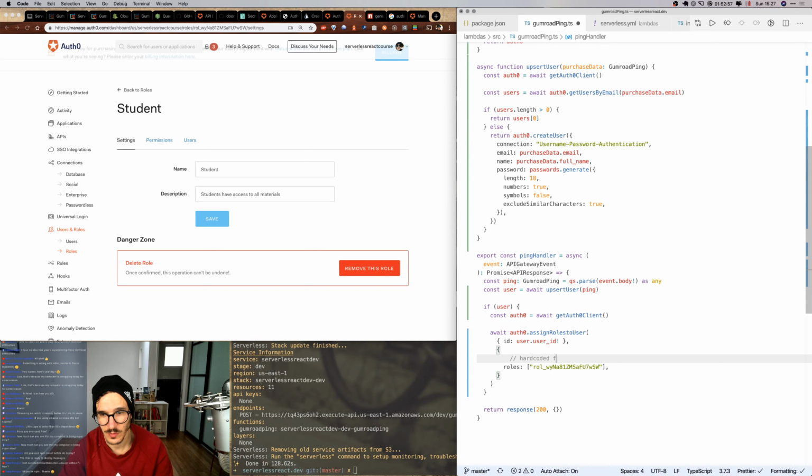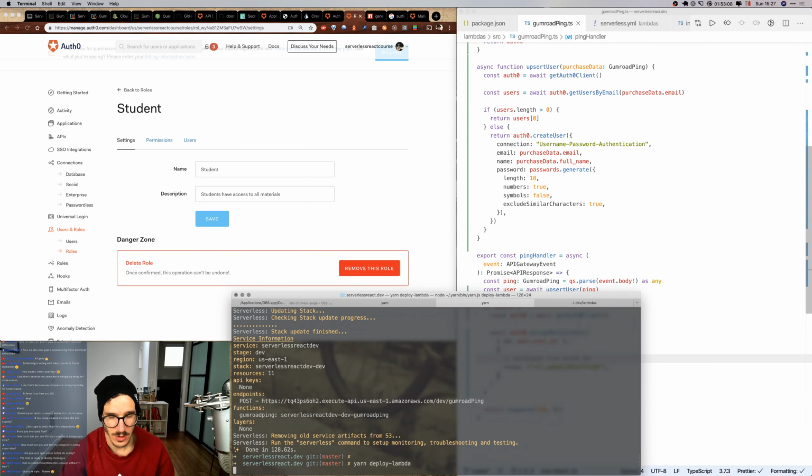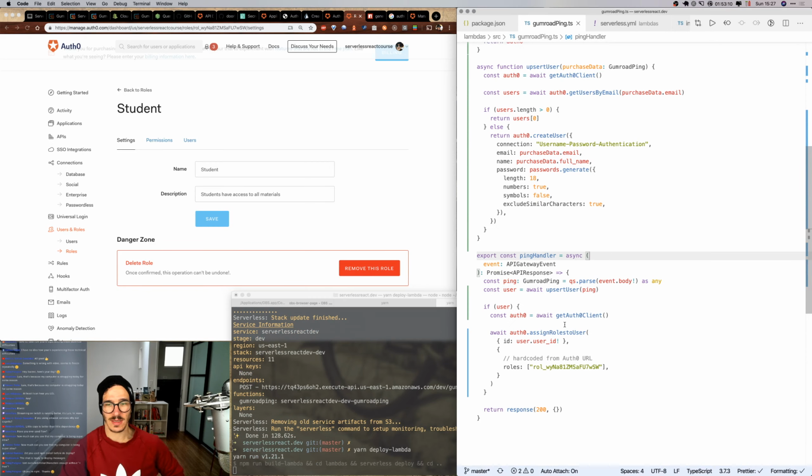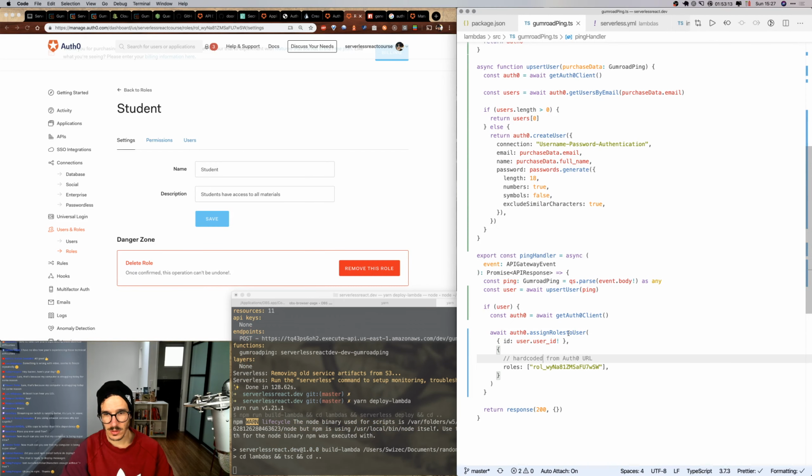Hard-coded from Auth0 URL. Okay, yarn deploy lambda. Let's try this again. Hard-coded student role ID from Auth0 URL. Now, obviously, this is where, you know,